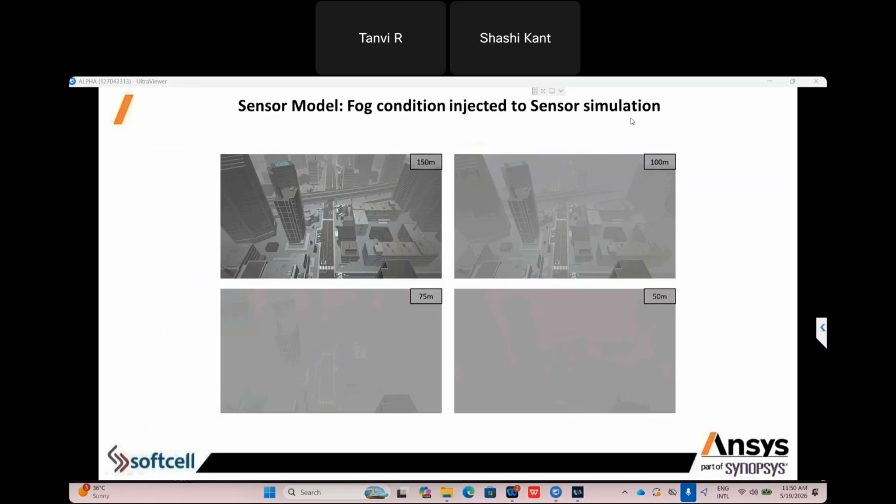This is a very beautiful thing you can see here: the sensor model with fog conditions injected into the sensor simulation. At different fog densities, the first one is 150-meter visibility for the eVTOL. Once the fog density increases, 100-meter visibility is happening.